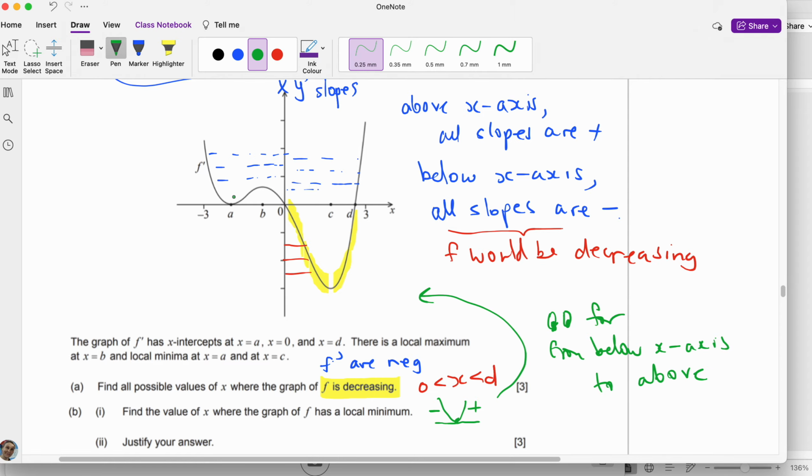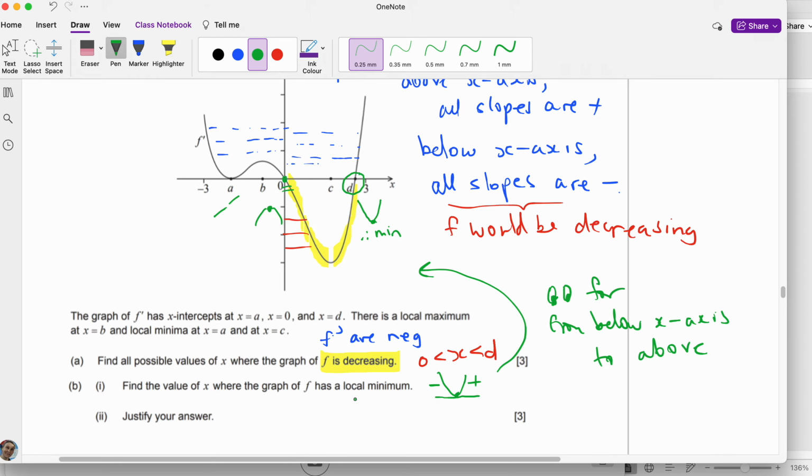Well, let's see. Here, there's no switch. So here the function stopped, but it was positive on the original and still positive. Here, you had a positive slope, and then it switched into being a negative slope. So in fact, at 0, you would have a max. And so it's actually right here. What would happen on the original one is you would have some sort of a negative slope, and then after it switches to being a positive slope, okay? So therefore, this is a min. So we're going to say that the local min happens at D